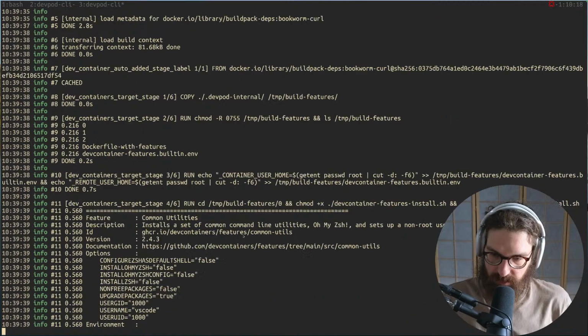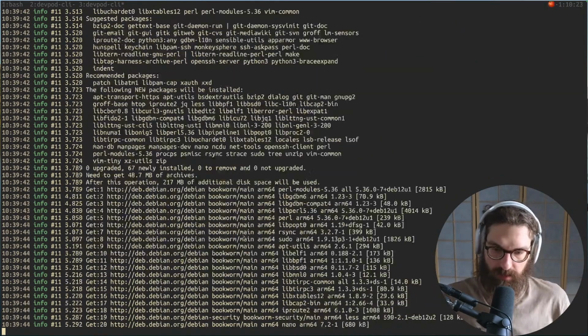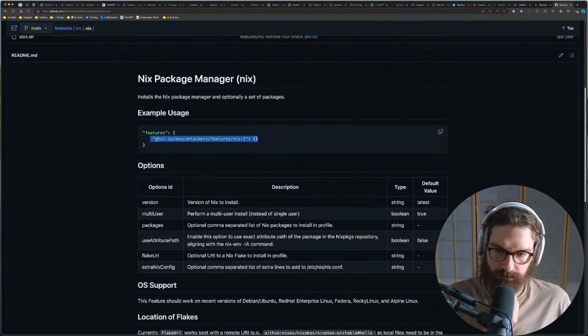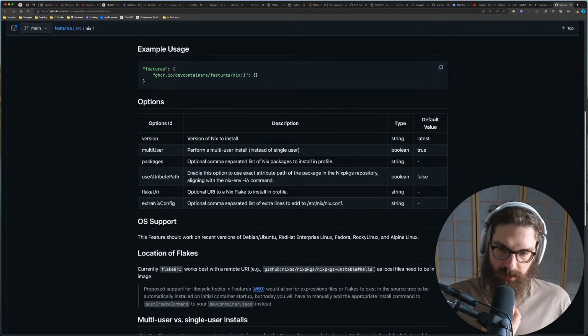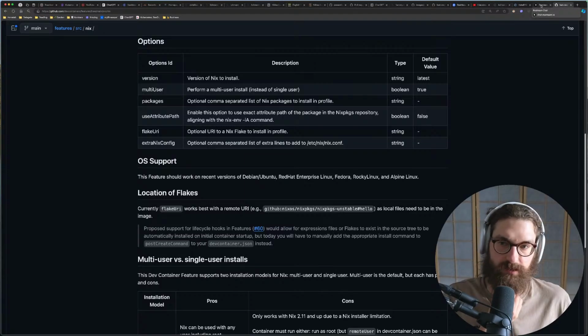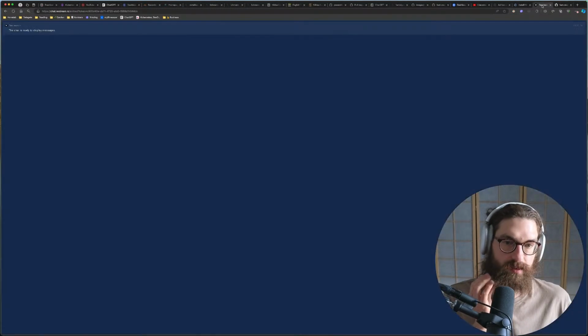So it's going to rebuild my entire container. And when I have Nix in there, oh, I can even give it the packages here. That's nice. I'm thinking of using my setup script to pull in my dot files, but maybe I can also use this to have my packages. It's very repo specific then though, but